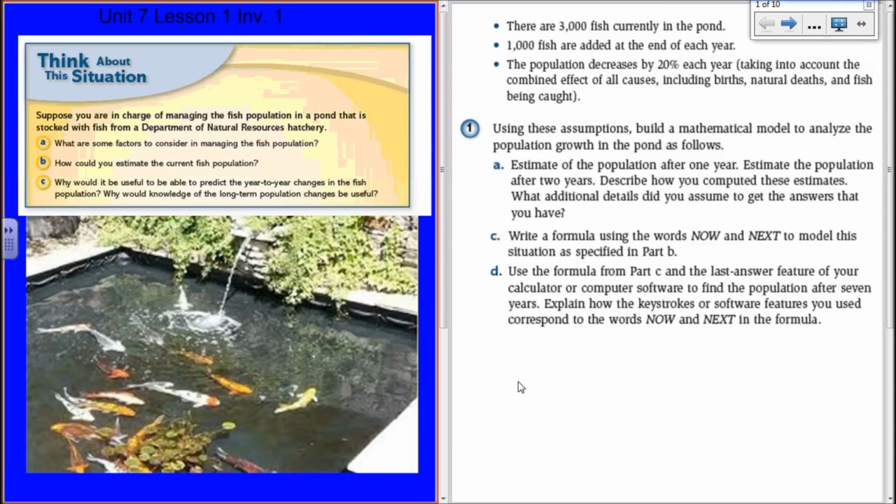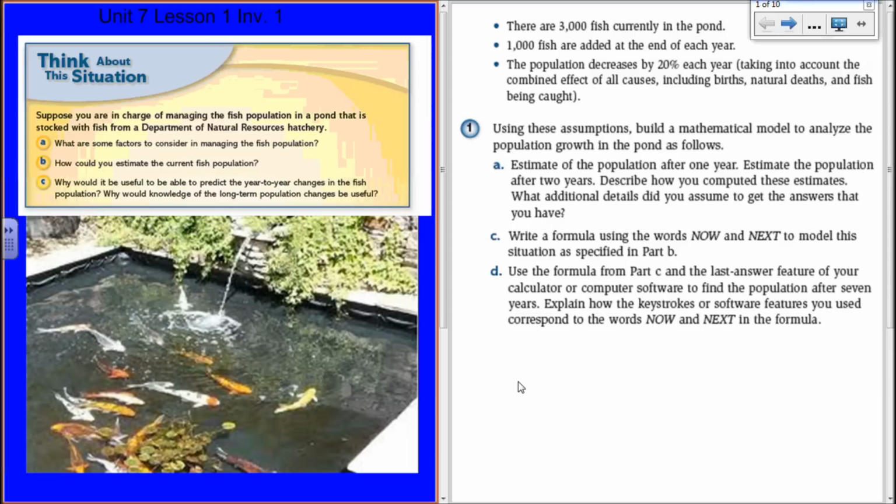Hello, and welcome to our tutorial on Unit 7, Lesson 1, Investigation 1. This is our first investigation and lesson of our recursive and iteration unit. We'll learn about what those words mean later, but essentially what we're going to deal with is a fish population